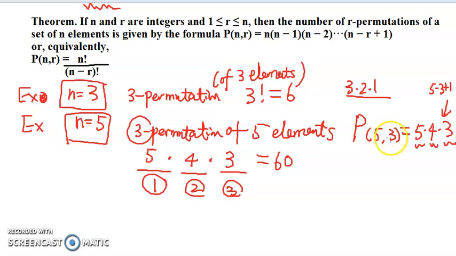If you do 5 minus 3, that gives us 2, but we actually need to add 1 to get that 3. And so, in general, the formula will be: for the first chair, we have n people to choose, so there are n options. And for the second chair, since the first person already has a seat, we have n minus 1 choices, and then continue to decrease all the way down